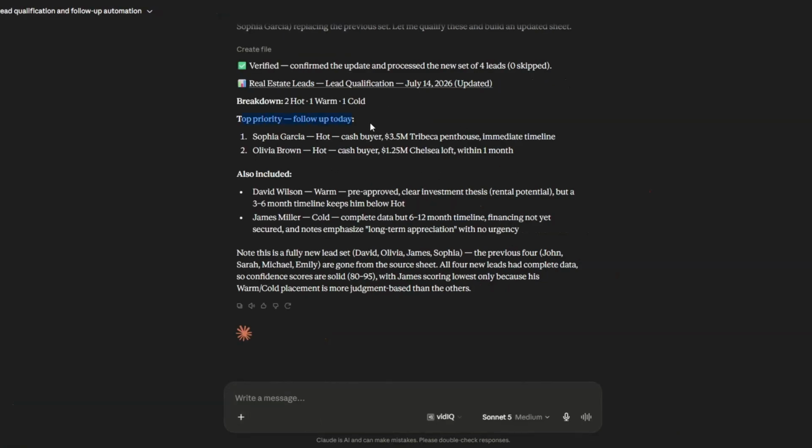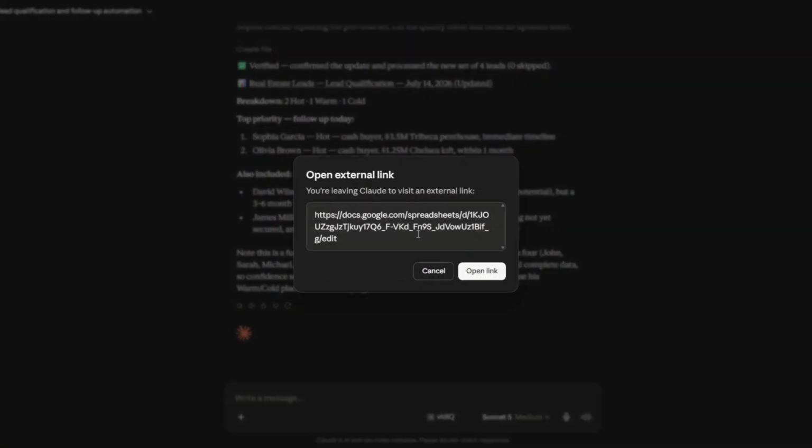So here you can see the top priority right here. So 2 of the leads were classified as hot, 1 was classified as warm and 1 was classified as cold. You can see the top priorities of the leads that we can follow up today. It also includes this additional brief summary of our leads. This is really incredible. So to preview our leads and their qualification data, we're going to open this link right